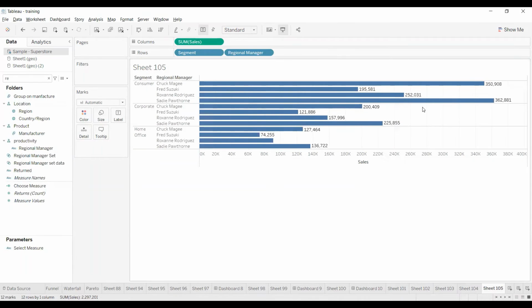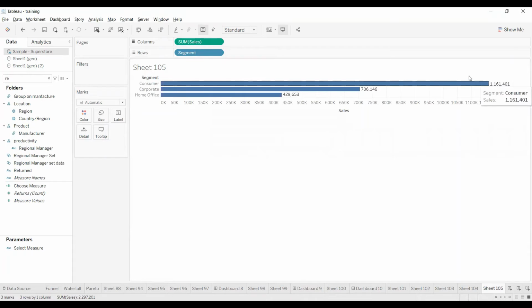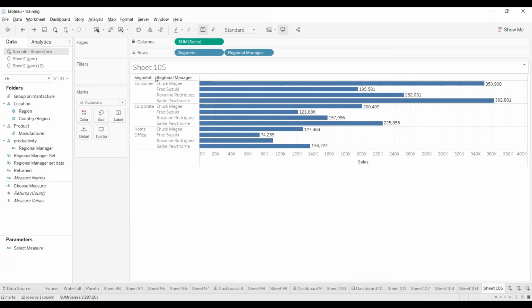But what is happening is it goes to the detail level, because in Tableau, whatever fields you are adding here, that much granular level data will populate in your view. So here my highest is segment, lowest is region manager. So it is the lowest level of data I'm getting. But along with this data, I have to show segment level data like this. This number I would also like to see for consumer in the same view. So how are we going to achieve this?